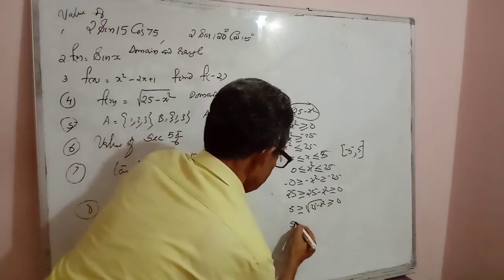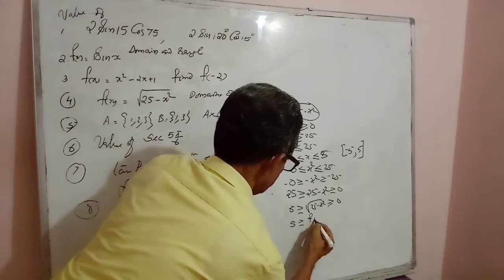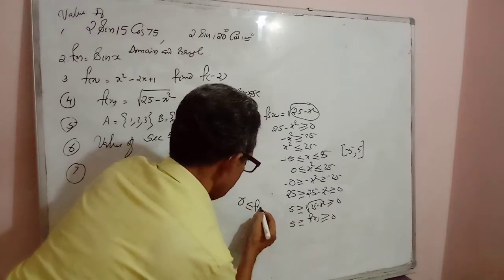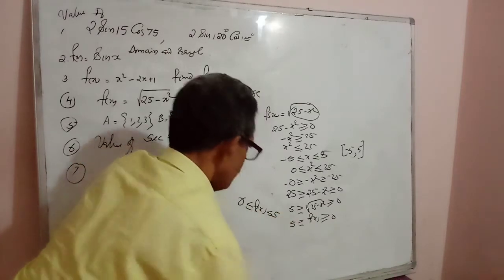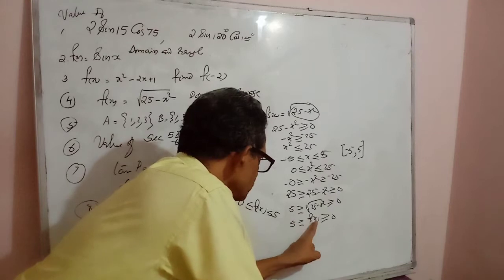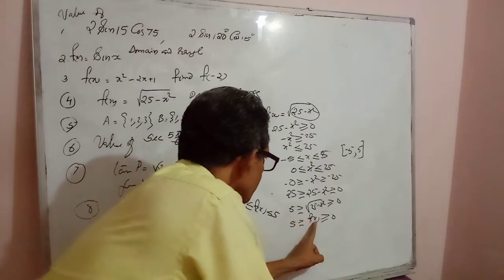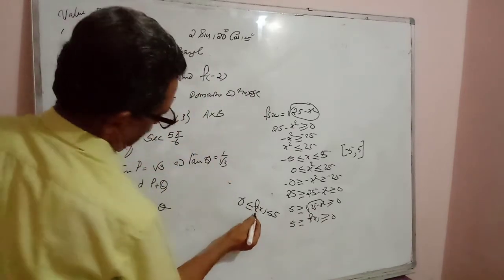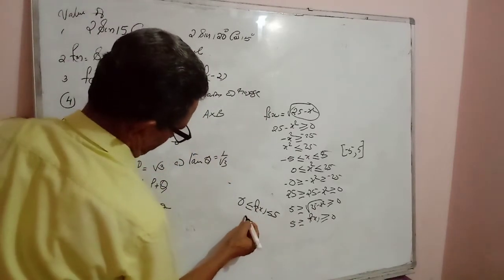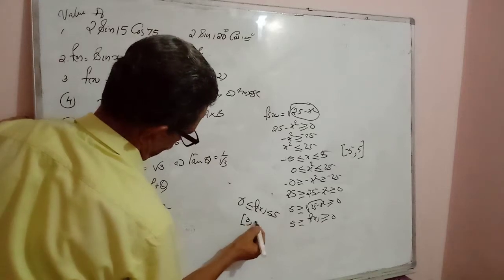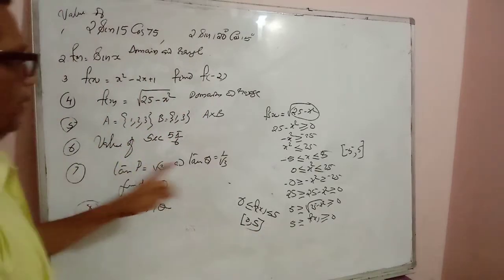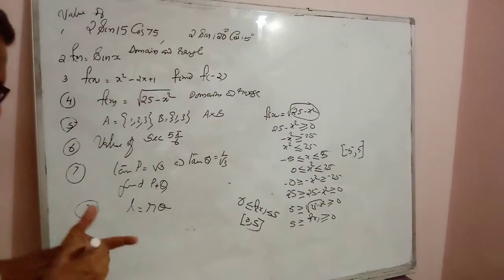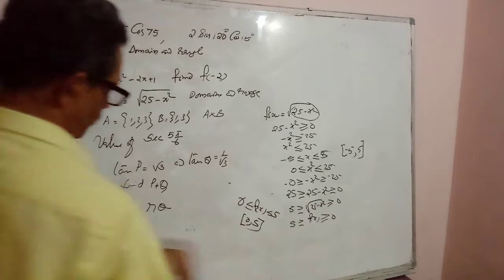That is 5 greater than or equal to f of x greater than or equal to 0. That means 0 less than or equal to f of x less than or equal to 5. So the range of f of x is the closed interval 0, 5. The domain of this function is minus 5 to plus 5. The range is equal to 0, 5. Okay. Next,